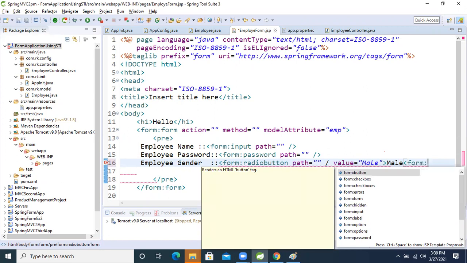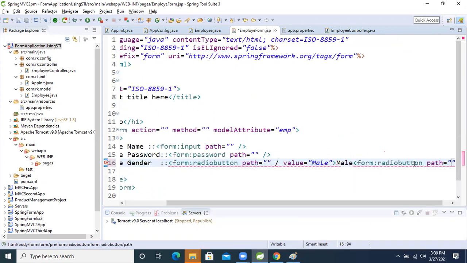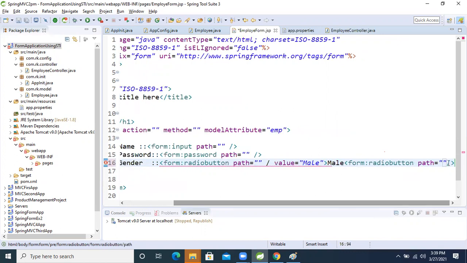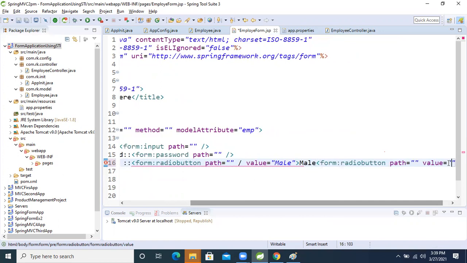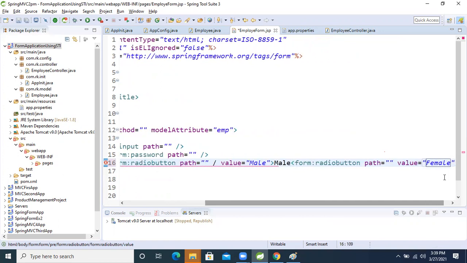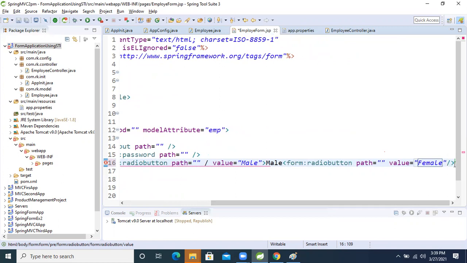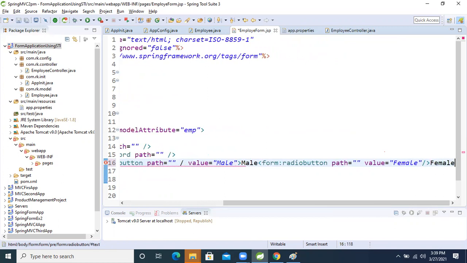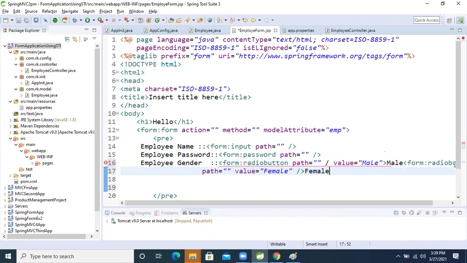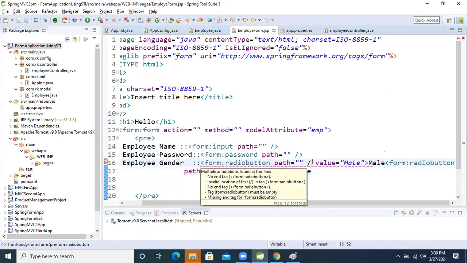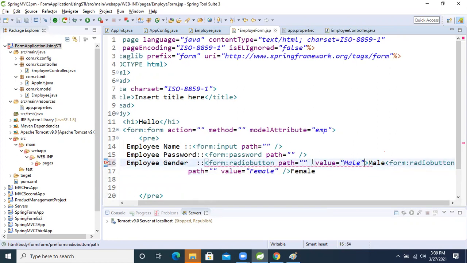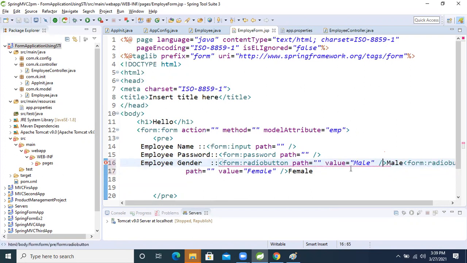Form colon radio. After that, another one, value female.